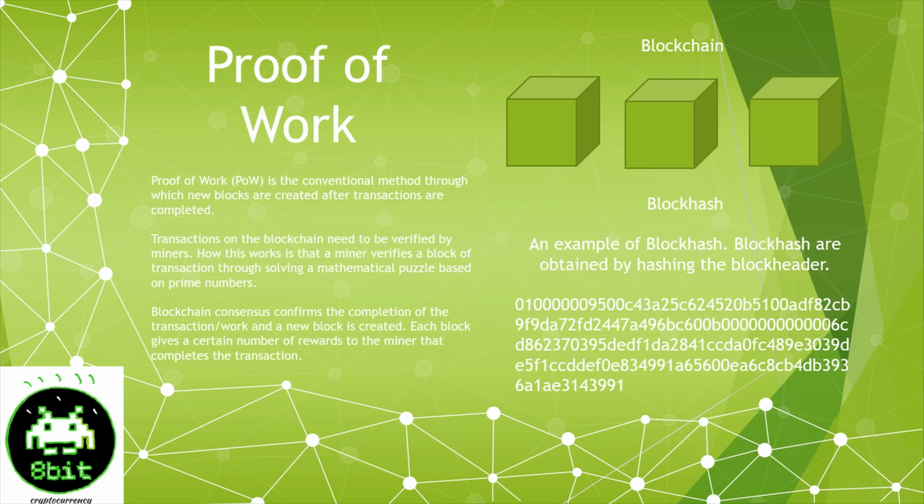So proof of work is the conventional method through which new blocks are created after transactions are completed. Those transactions on the blockchain need to be verified by the miners. The miners are the ones who do the proof of work consensus mechanism. They're the ones who are doing the dirty work. How this works is that miners verify the blocks of transactions through solving mathematical puzzles based on prime numbers. Blockchain consensus confirms the completion or verifies the work, and a new block is then created. Each block gives a certain number of rewards to the miner that completes the transaction,